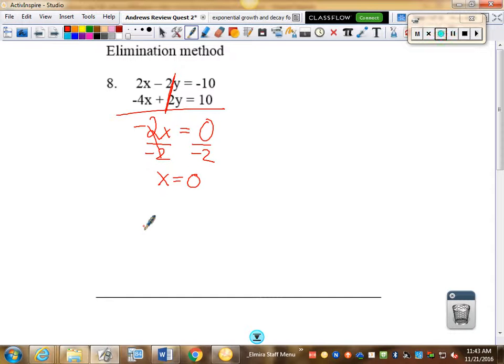Well, Mrs. Andrews, shouldn't it be negative 0? Well, 0 is its own thing. It's neither positive nor negative. So 0 is just 0. Okay, then